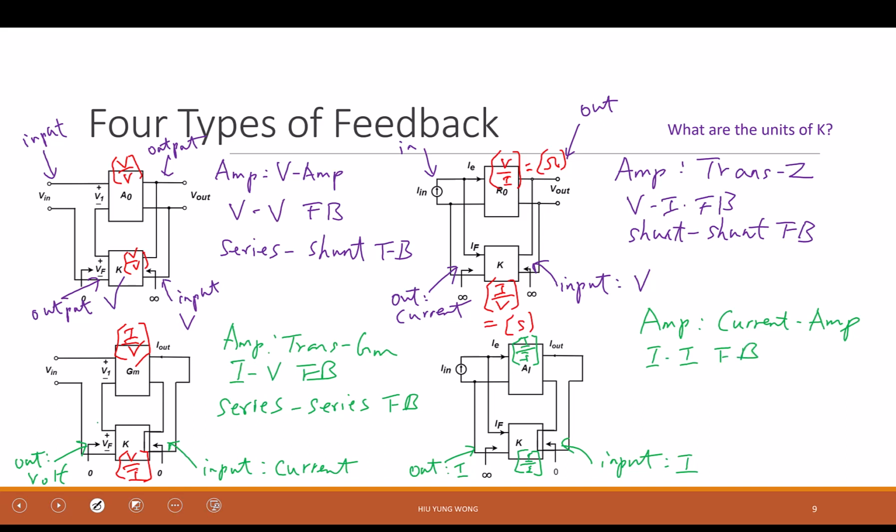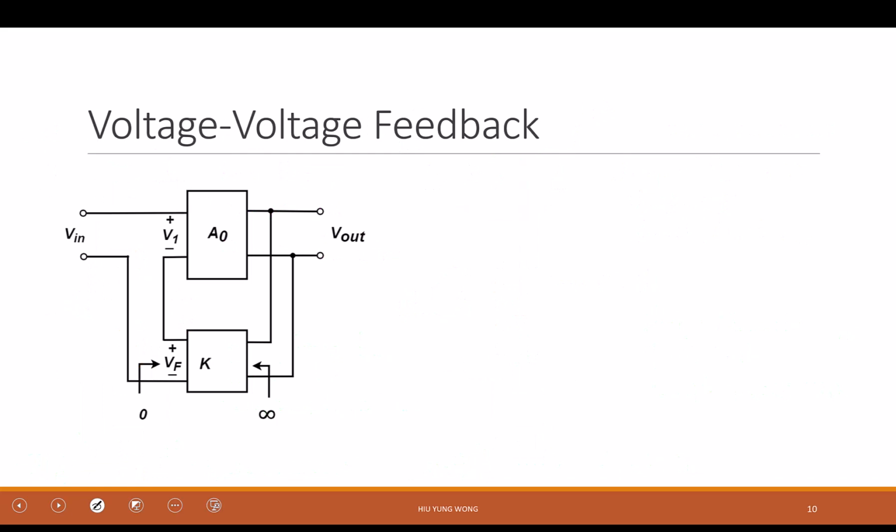Okay, and how about from the whole circuit perspective? What is the input connection? It's a shunt, because you are trying to do current comparison, subtraction. So this must be shunt. And how about the output? It's series, because you're trying to sense the current. Is this okay? Okay, good. Then let's move forward. So we will pick two of them to have a deeper